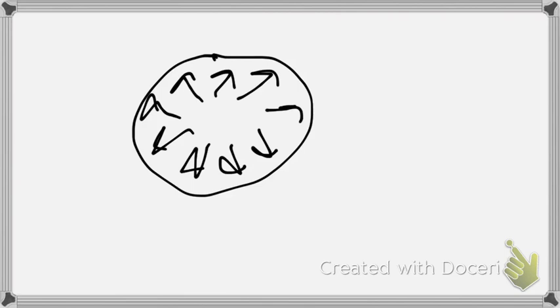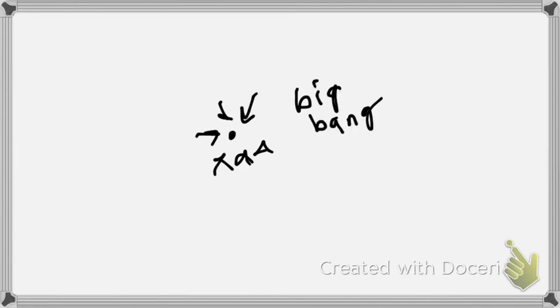Okay, so not only is our galaxy moving through space, and in general it's moving away from all these other galaxies, but it's moving away faster and faster and faster. So, we went from really big, 14 billion light years across, and we're going back to really small. And we're going back to the beginning of it all, Big Bang Theory.